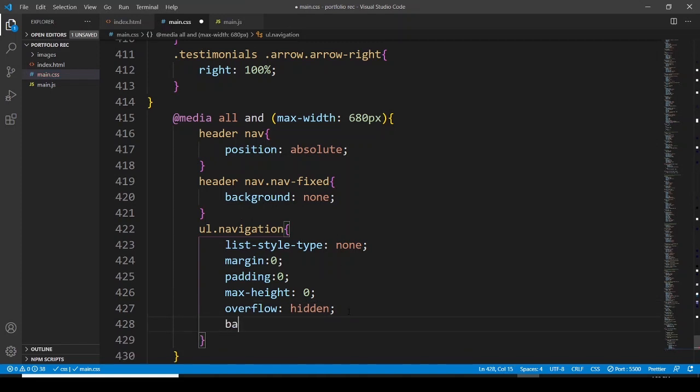Let's go with the background, and the background is going to be 0 to 1266. And let's use the transition. So the max height, in the transition, the max height is going to and 0.4 seconds is